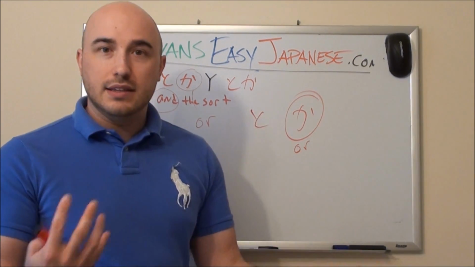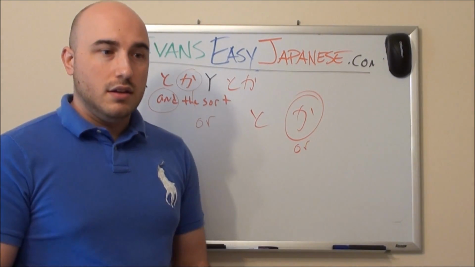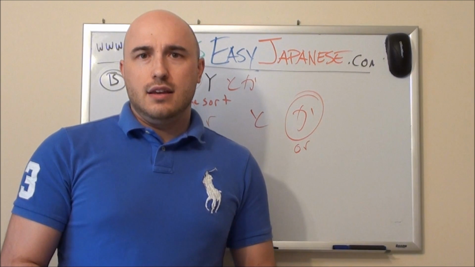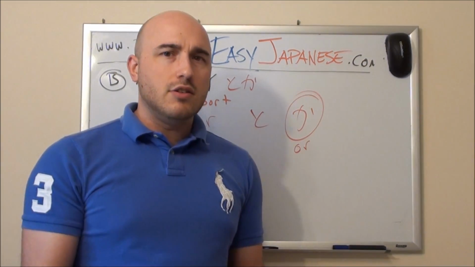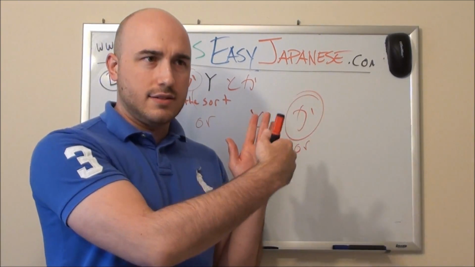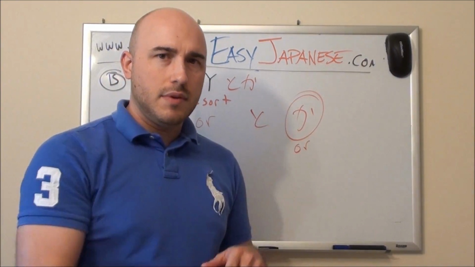Also, it doesn't have to be a list. It could just be one noun toka, like hon toka no koto wa, things like that. You can do it that way. In general, you treat this like a to particle when you're making a list, x toka, y toka, z toka,